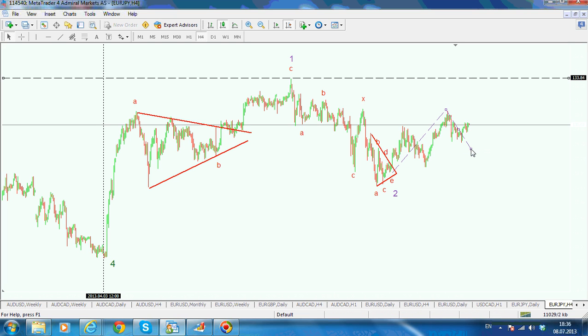If this is a flat, you need for the B wave, for the C wave, sorry, at least 35% retracement. It might be something like this, and then to go something like this. Regardless how this will prove to be,